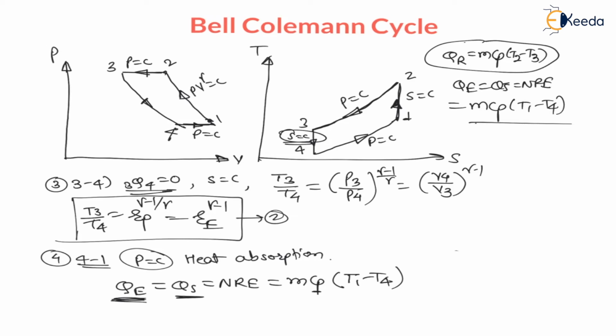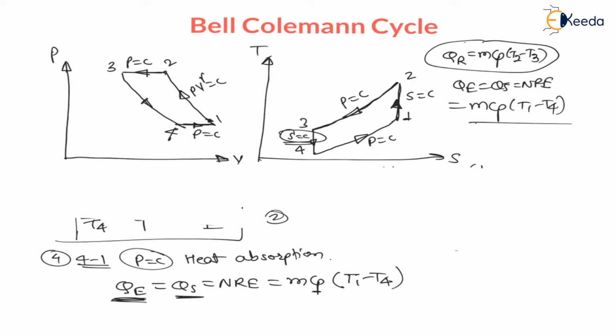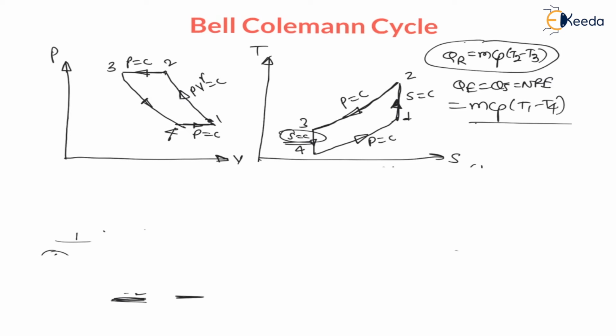Now, these values are required to find COP. Now, let us find COP of the cycle. For this Bell-Coleman cycle, let us find COP. Now my dear students, already in the previous lecture, that is Carnot cycle or reverse Carnot cycle refrigeration, we have seen the COP of any cycle is nothing but performance of work, that is output divided by input. COP is a performance of work and efficiency is a performance of heat.